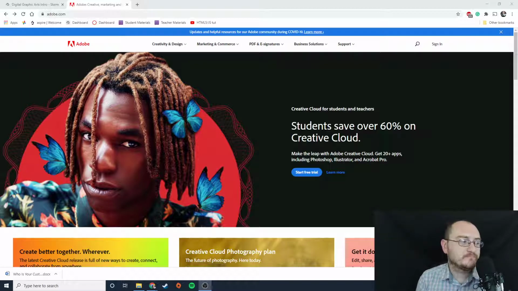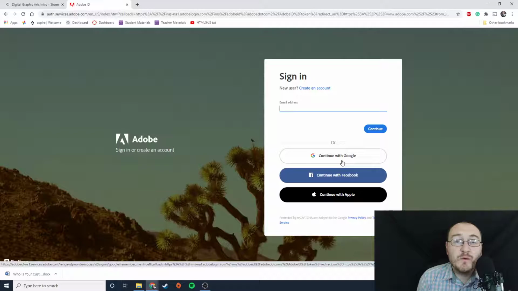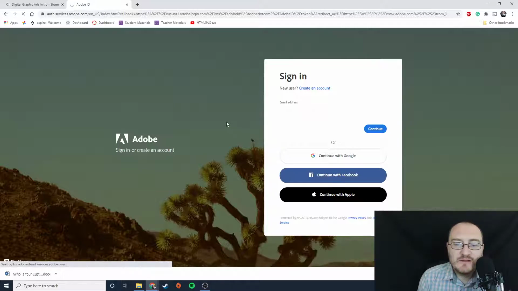All right. So the first step in getting access to Photoshop is going to adobe.com and then clicking this sign in button over here in the top right-hand corner of the screen. When you do that, you will be presented with this screen here. Now, for us, we want to continue with Google. Now, here's the reason why. Your access to the Adobe products is tied to your UMA email address. So if you click continue with Google,